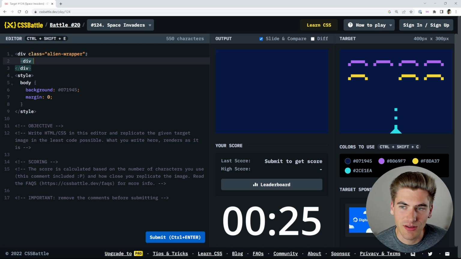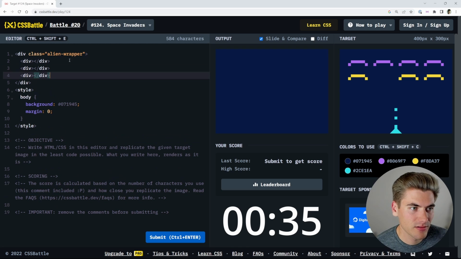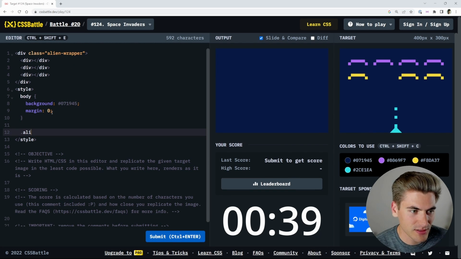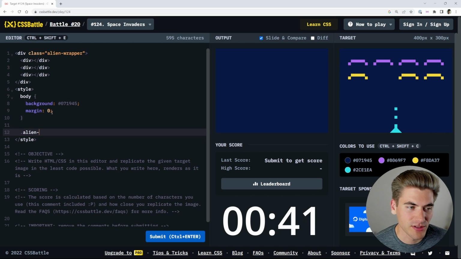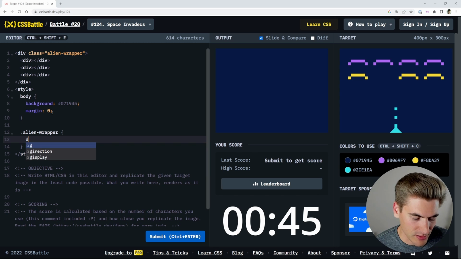And for each one of our aliens, we're essentially going to have 3 different pieces, I think. Yeah, so I think we can just put 3 divs inside of here, like that. And we can just use CSS Grid for this. So this is maybe not the best way to do it, but it's going to be using some kind of cool things. So alien wrapper, what I want to display